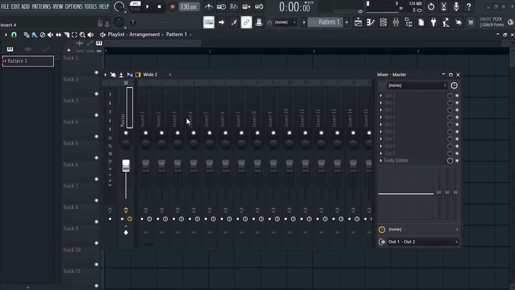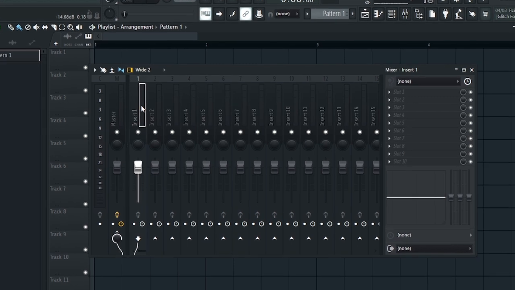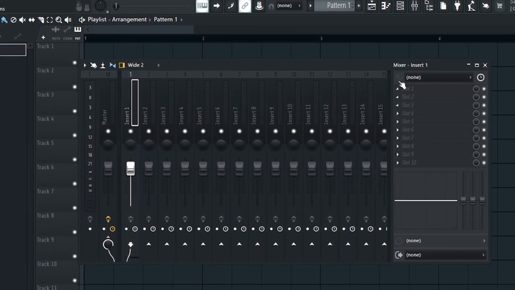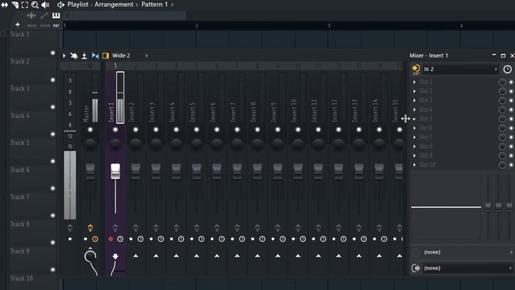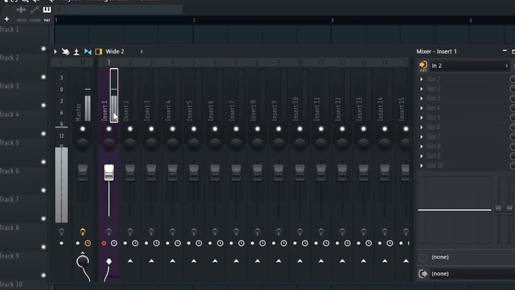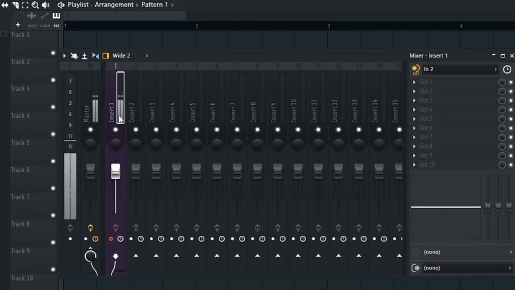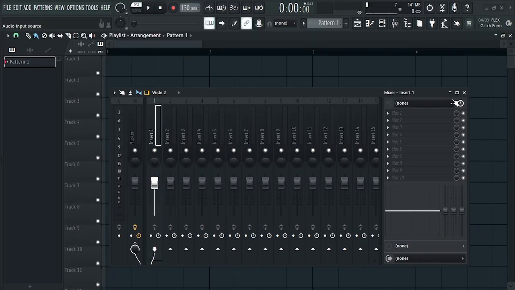After that, if you want to record, just come here and choose your audio input here. Now you can see when I talk, there's a signal here. This is super simple. Now that you know how to set up your audio interface in FL Studio,